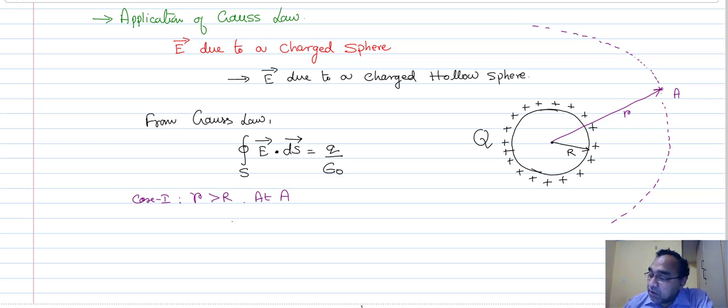So what we have now, just take one element of that imaginary Gaussian surface, which is nothing but a sphere. In 3 dimensions, it will be a sphere. So the direction of electric field intensity is this way, and the normal to the element is also in the same direction. Therefore, from Gauss law,